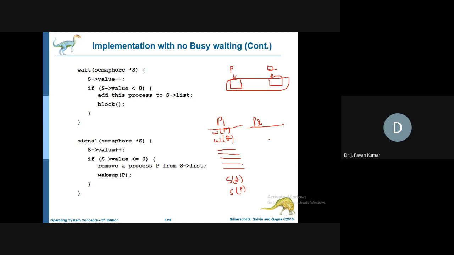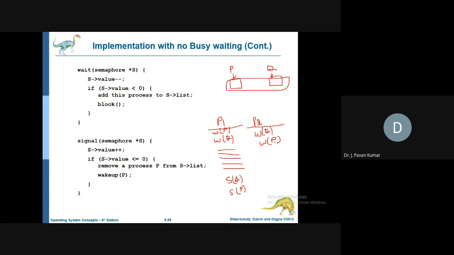Next, P2 has to acquire the lock on P and Q as well. So it will acquire the lock on Q, and it will request the lock on P. Requesting means it will check whether Q is available or not, whether P is available or not. If it is available, it will enter the critical section by decrementing the value of Q. Similarly, the P value will be checked.